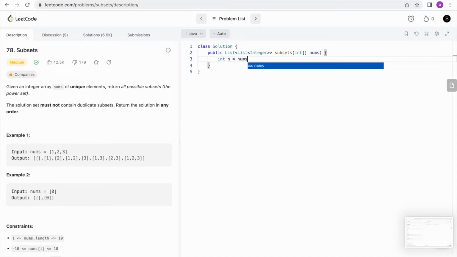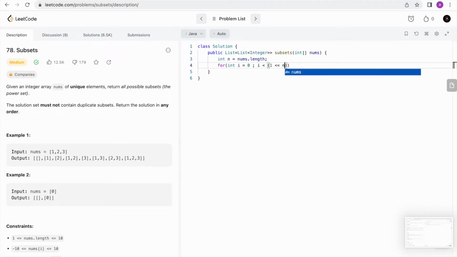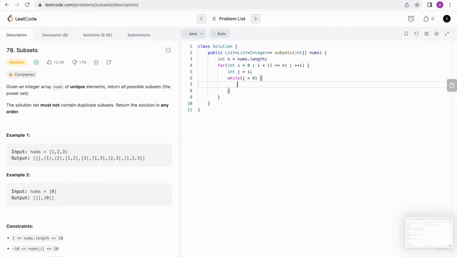हमको इस एरे का लेंथ गिवन है और हमको एक फॉर लूप यहाँ पर लगाना है, which will go from 0 till 1 left shifted by n bits, and we'll have a variable j which will hold the value of i, and while this j is greater than 0, what we'll do, we'll check if j का last bit is set or not. If j का last bit is set,